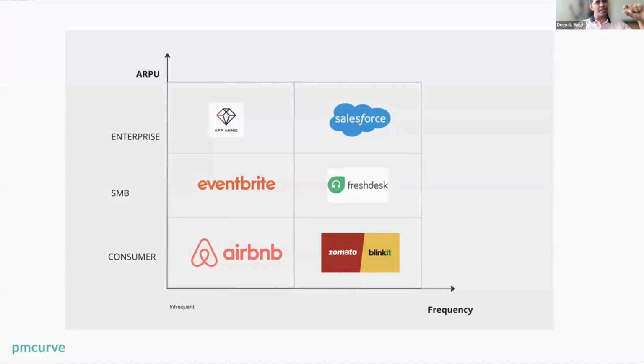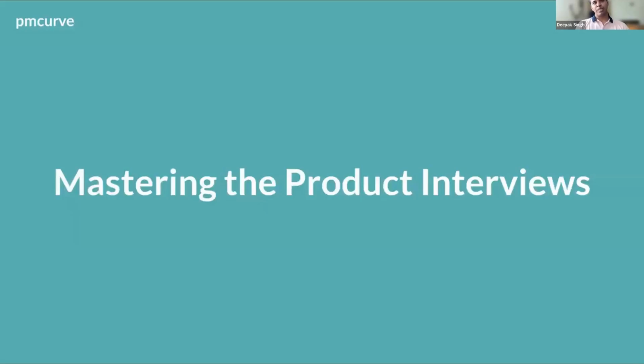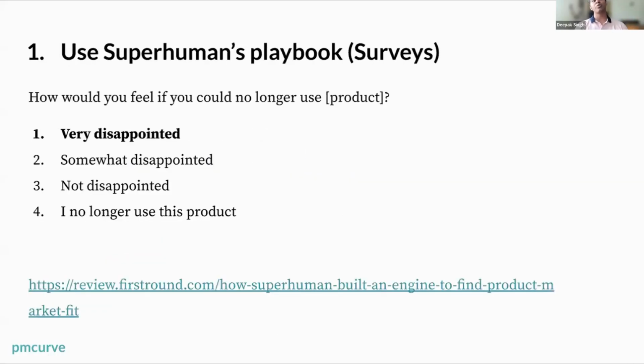If you are working in the SMB or enterprise segment, you will know that when you roll out a survey, your response rates are higher because these people are paying you money. They want to say what they want because they're paying money. If you roll out a survey on Airbnb, it will also work because people spend a lot of money. But if you roll out a survey on Zomato, people don't care. They'll just switch to Swiggy. If you roll out a survey at Facebook, people care even less, right? So survey response rates suffer a lot for consumer low-ARPU products, which is why, if you have a high-frequency product where people's propensity to participate in surveys is low, you can't use Superhuman's playbook.